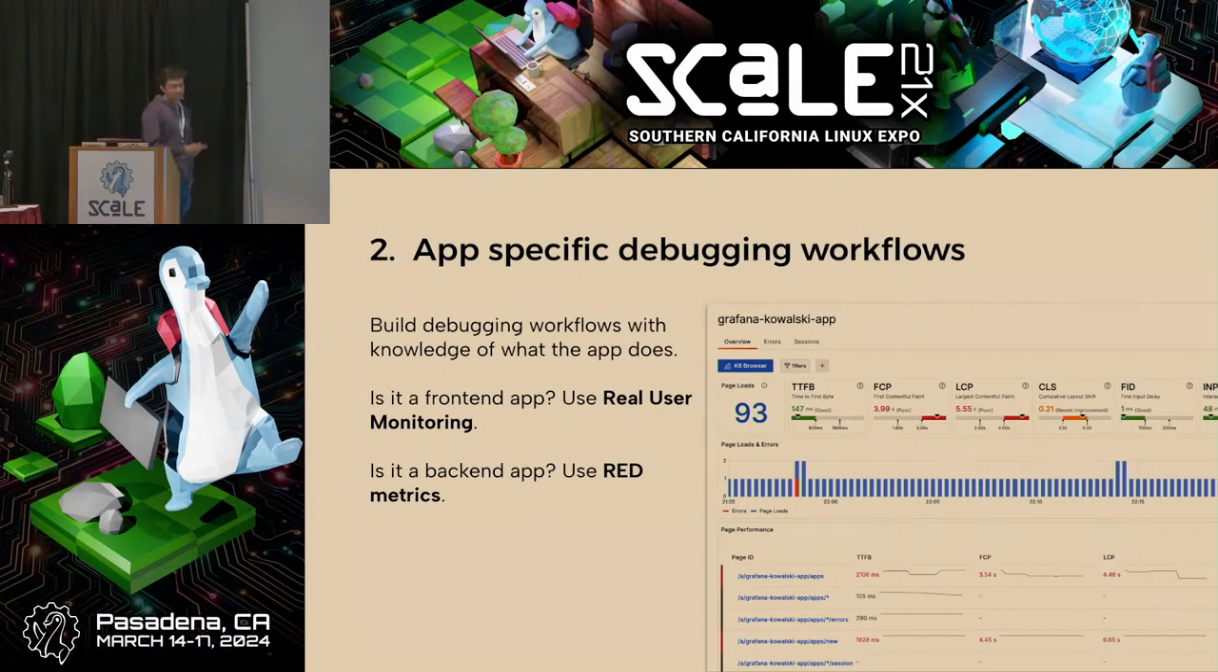Second thing we can do is build debugging workflows with knowledge of what the app does, right? Every app is unique. Front-end engineers care about time to first byte and first contentful paint, I think. I learned it while I was doing my research for this talk. And backend engineers care about RED metrics, like request errors and duration. And so designing the debugging workflows with knowledge of the app in mind can make the user experience so much better during incidents, right? Like, build dashboards and experiences that have knowledge of the underlying